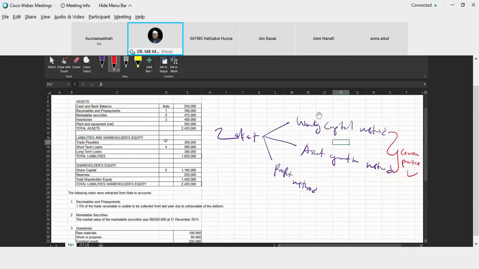You need to extract from there which part will be considered a current asset and which part will be considered a non-current asset. The same goes for the liabilities and equities. You need to identify which are current liabilities and non-current liabilities, and the same goes for the shareholders' equity. You need to understand how much